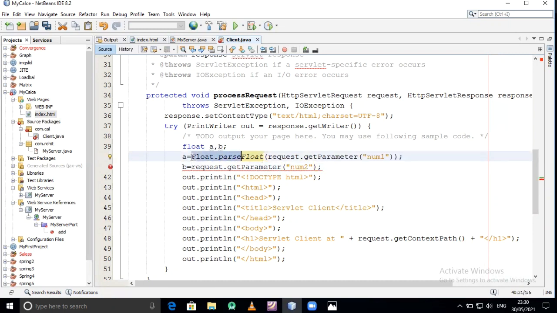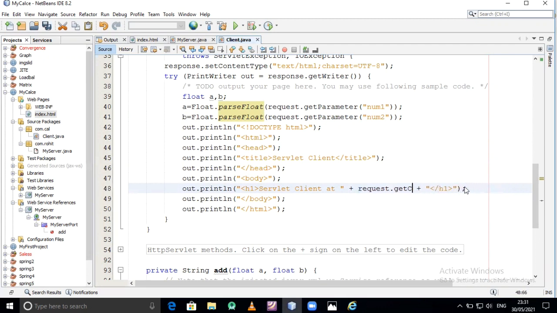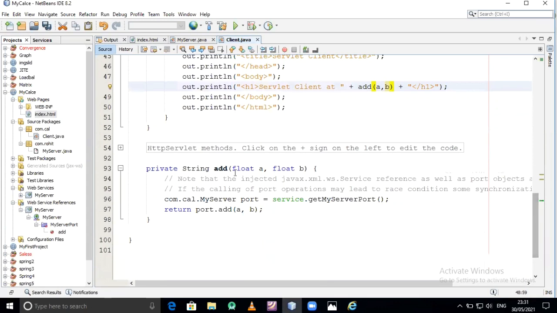I copied this and just pasted it in the statement below. Now I am not getting any error. So here I am passing these two values a and b to the function that I have written here, private String add.